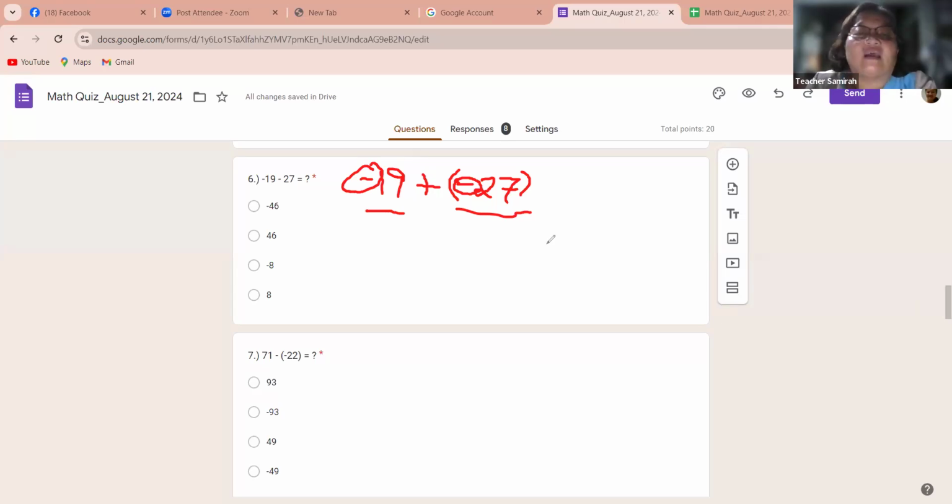Hello, Noel. What do you notice about the equation or the expression? I was not writing the equal sign, that is why it's still called an expression. Okay, do the integers have the same sign now?